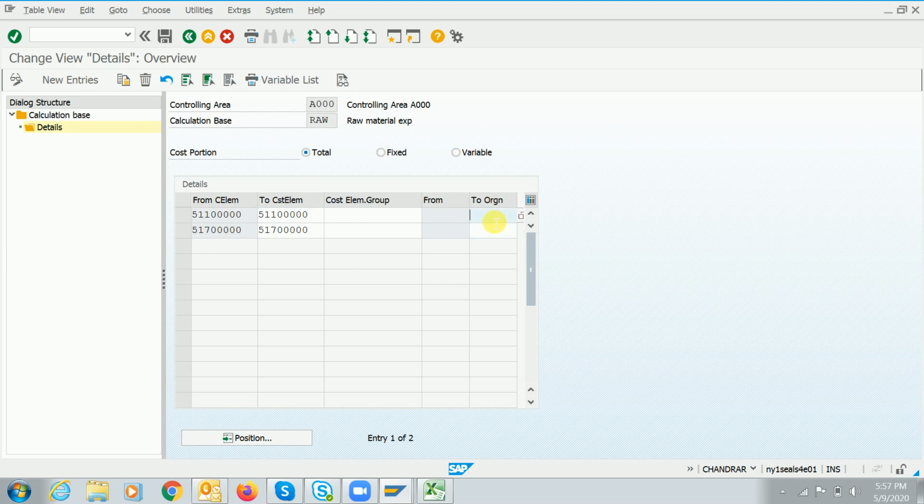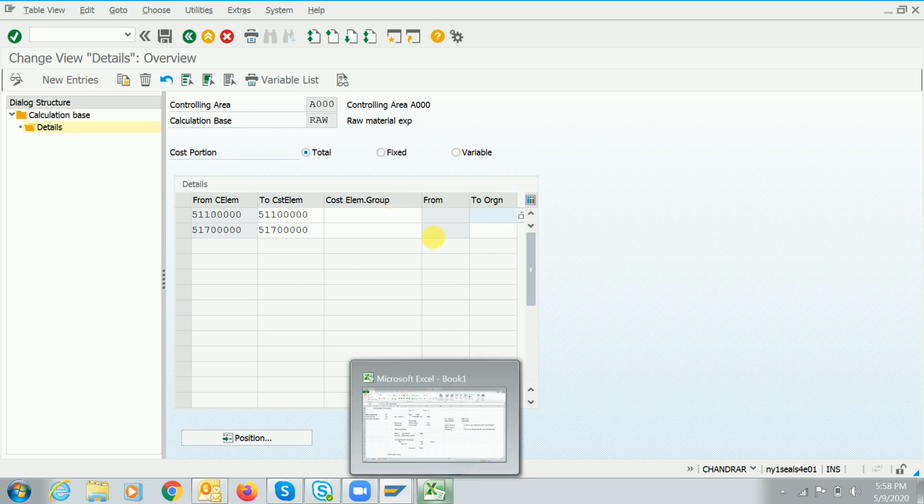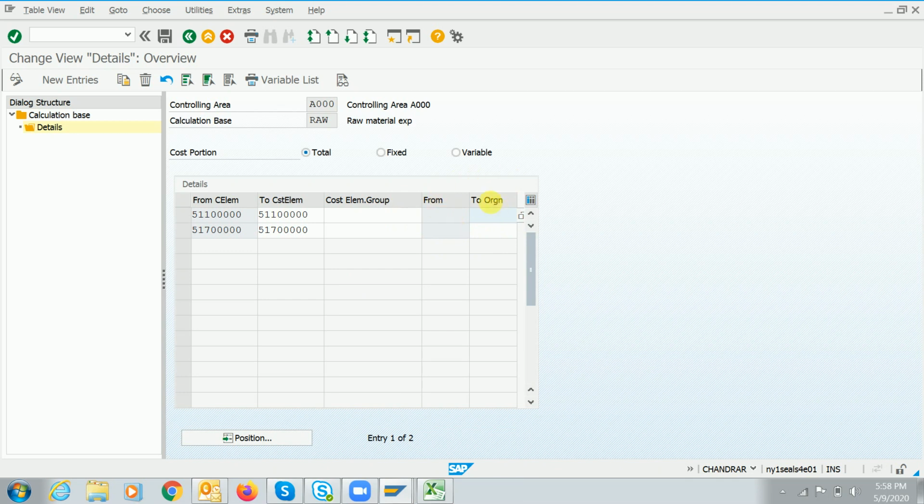This origin group will be maintained in the material master. So the system has specific parameters here as well as in the material master, and will calculate the percentages respectively as maintained. This is the use of the origin, guys.